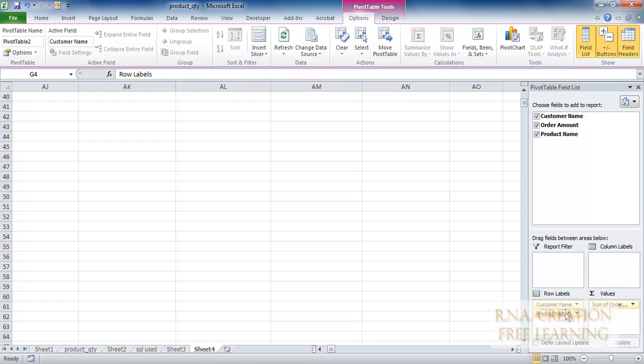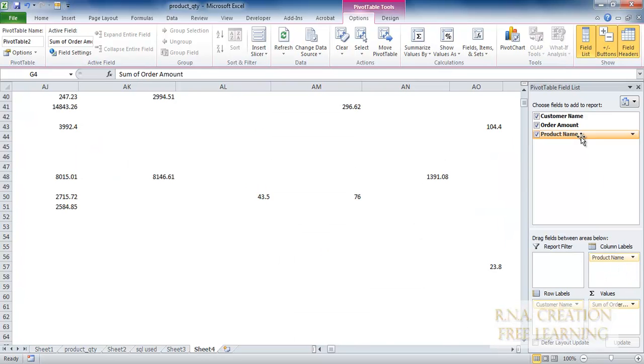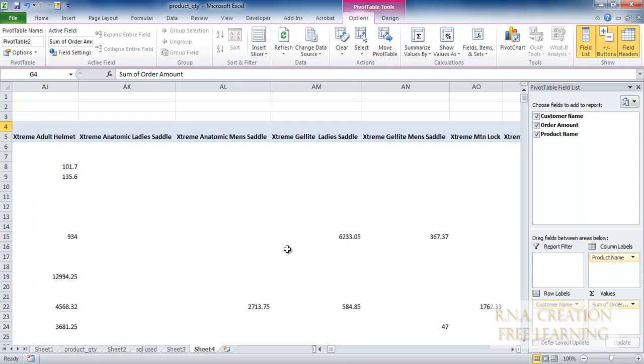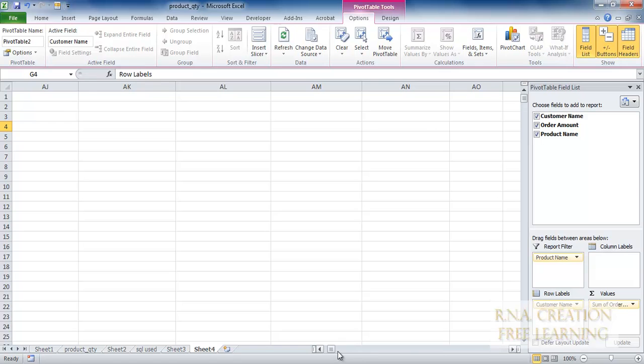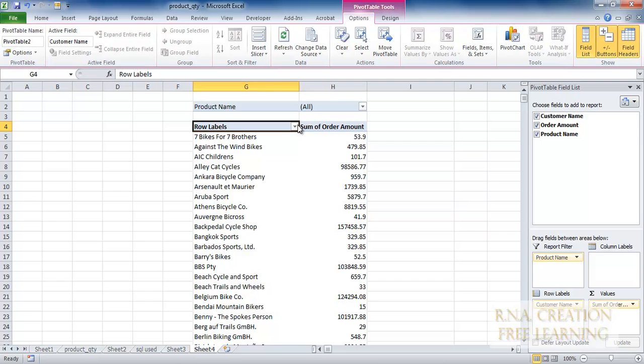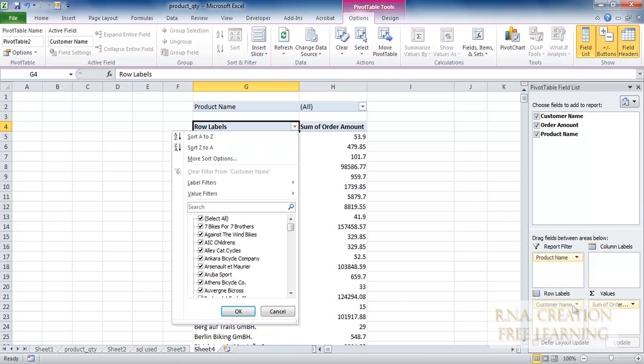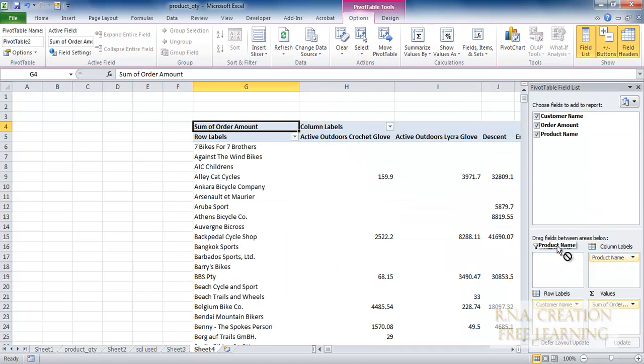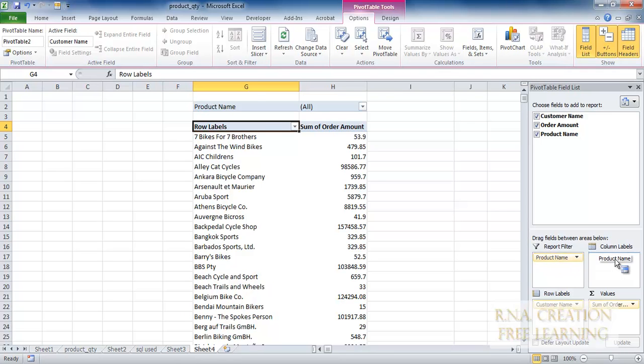I will rather keep it in a similar manner. And actually now I can always filter. Suppose I did not want the whole thing to be down, you can always filter the data by using this. You can put it here and drag the product name here. Now what you can see is that once I drag the product name here, I can select whatever I want, but you cannot drag the same field in the column name. What happens is that if you try to drag it from the same place into the filter, it will actually remove it from the column name and push it here. But that is what I do not want.